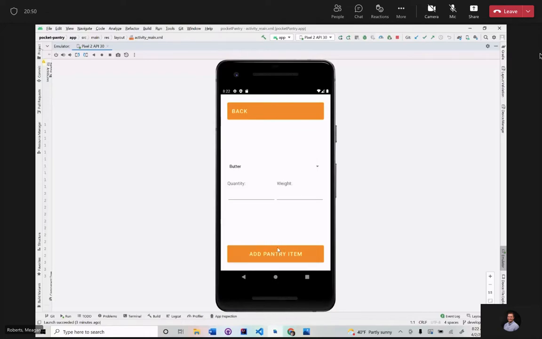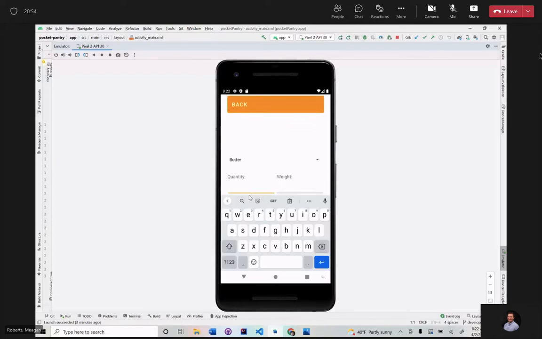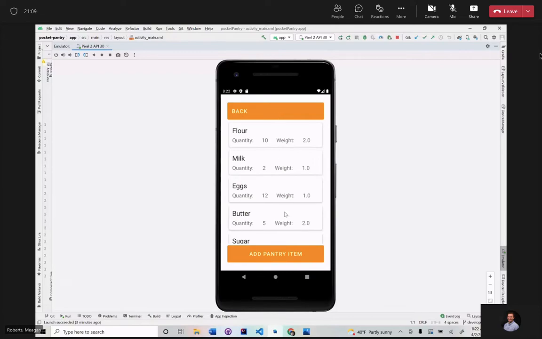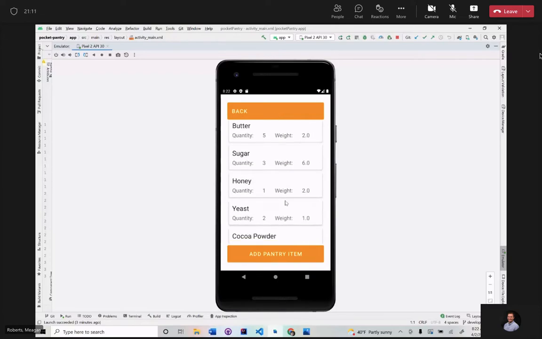So in other words, what our app is able to do right now is add items to the list along with quantity as well as weight. Another thing we wanted to do was to create a recipe view and basically a functionality that would allow the user to add recipes to a recipe book using an API. In addition to that,